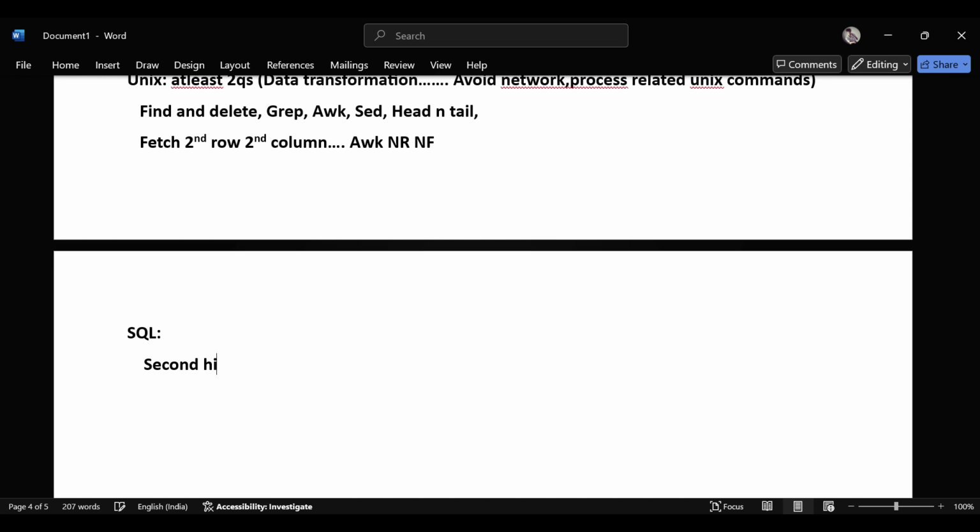normally you'll get the second highest salary, and then duplicates, and then duplicate order, and then average salary. Kind of this stuff. I will recommend you to go to LinkedIn and search for SQL content,